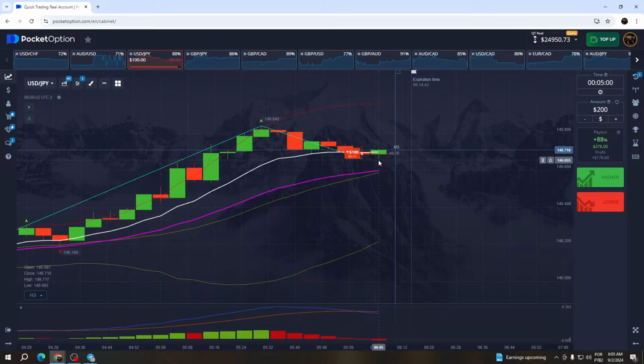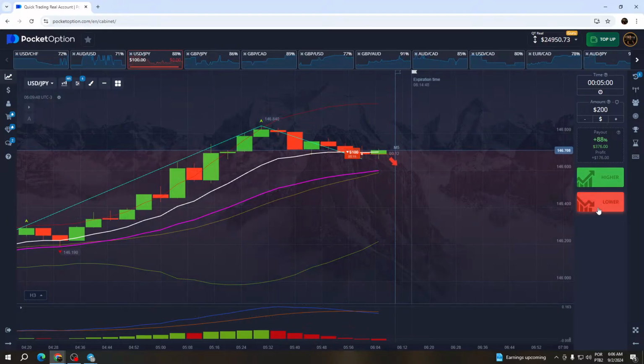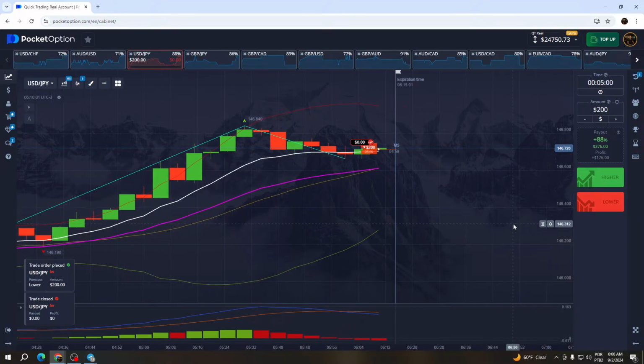Oh, it did not respect the first magic candle. I tried to perform the martingale on it. Let's see what happens.